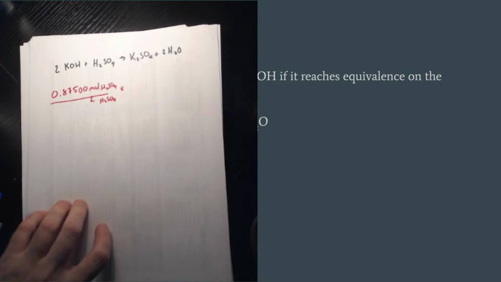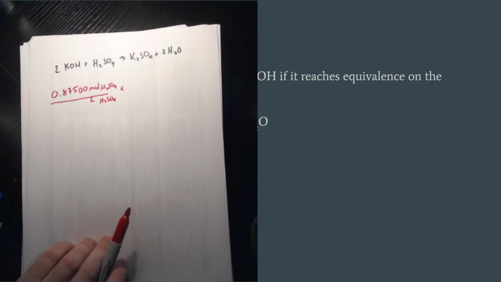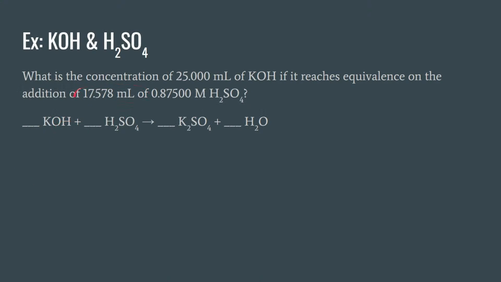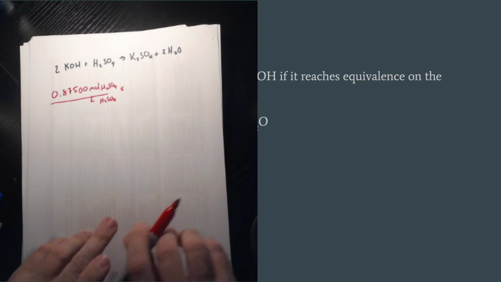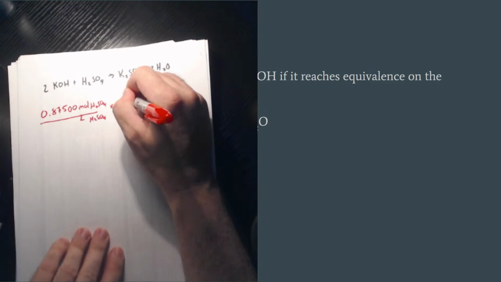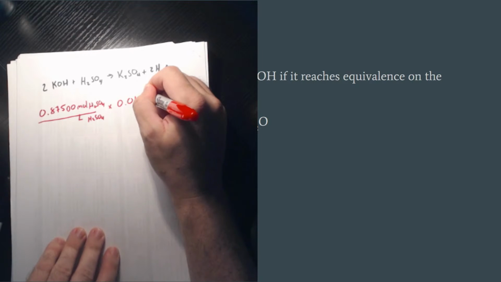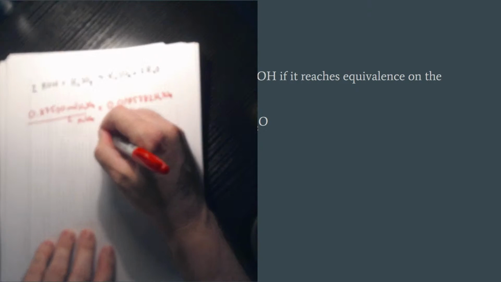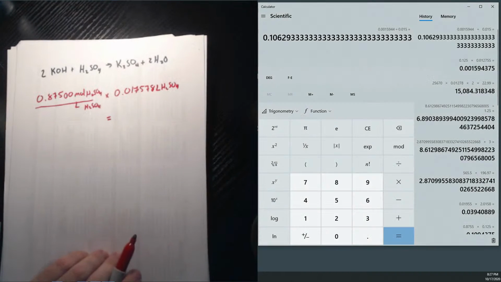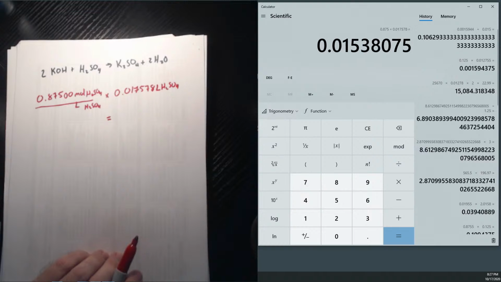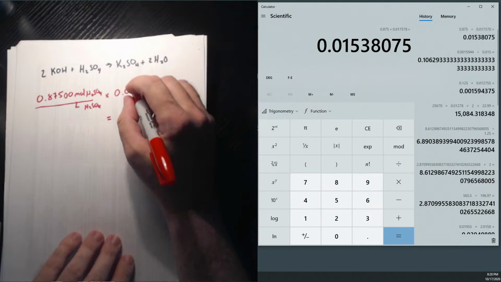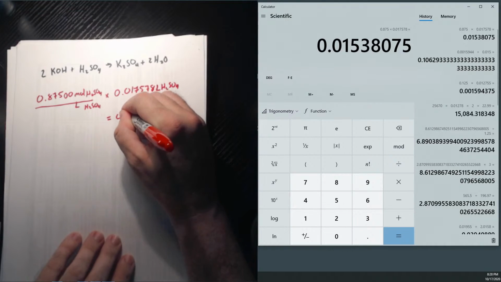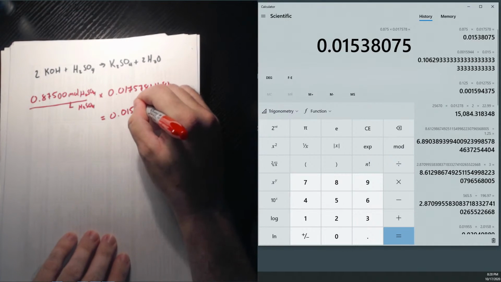And again, I'm going to keep on hammering this home: this is mils, but molarity works in liters, so we have to convert to liters. 0.017578 liters of H2SO4. 0.015381